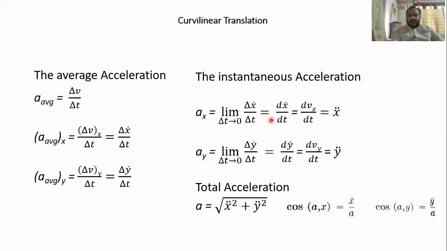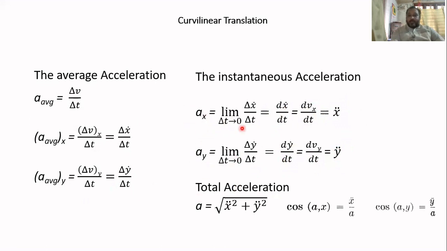And the instantaneous acceleration ax is equal to dvx by dt, it can also be represented in some textbooks as d²x by dt², which is also represented by x double dot, the second derivative of x, and ay is dvy by dt, which is equal to y double dot,